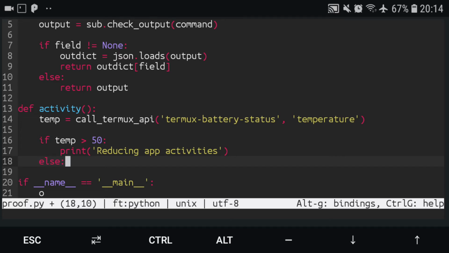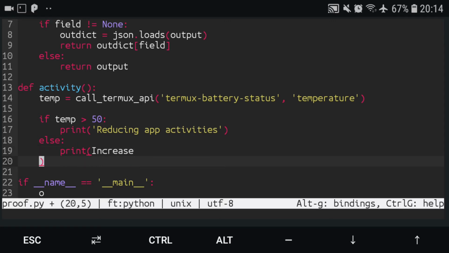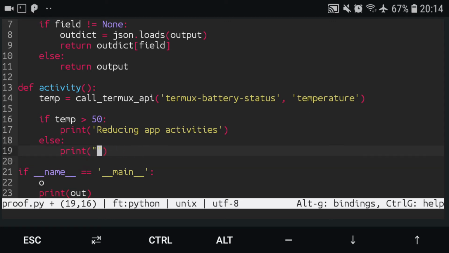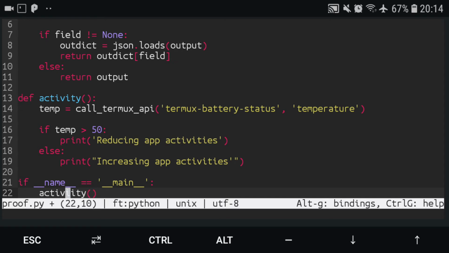Else, we want to increase application activity, so it's going to print increasing app activities, like this one. And then from below we just want to call the activity function. Then let's remove that print part. Activity, like so. So let's save, let's quit, and